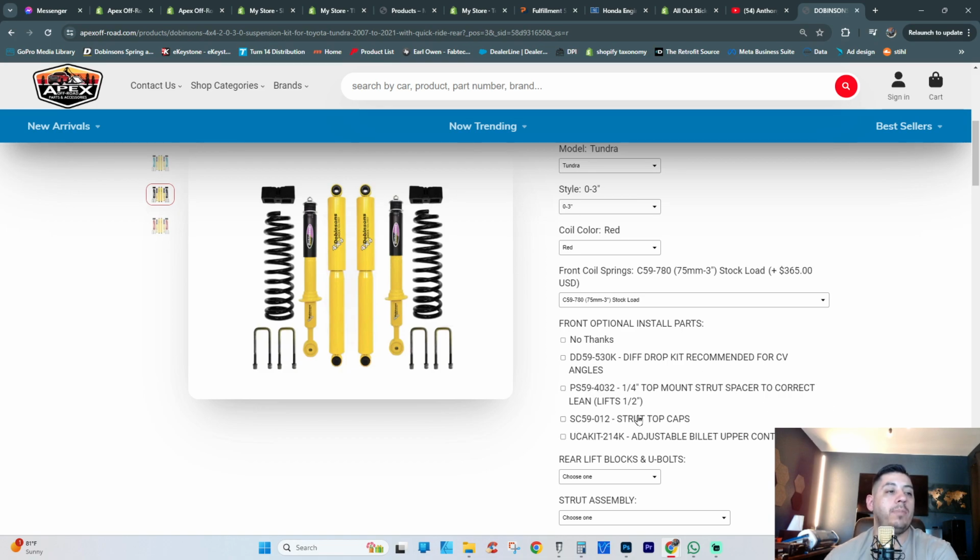The strut cap is the top hat. So what you can do is you can have Dobinsons build these. So when you order from us, we'll have Dobinsons build them and ship them right to you. So you would add the caps on top,